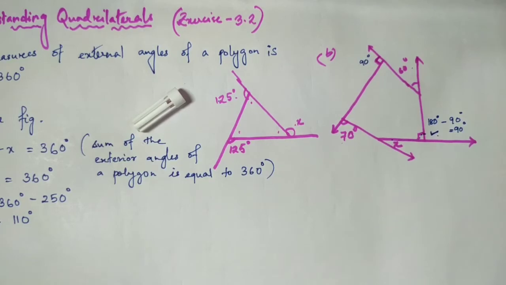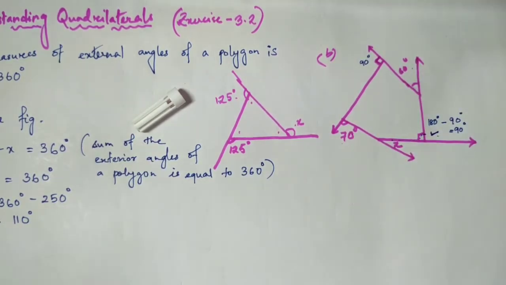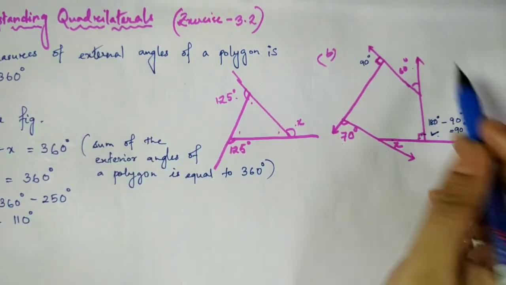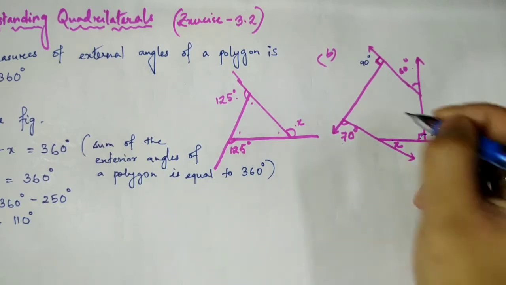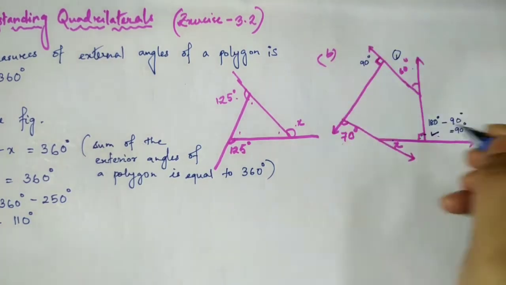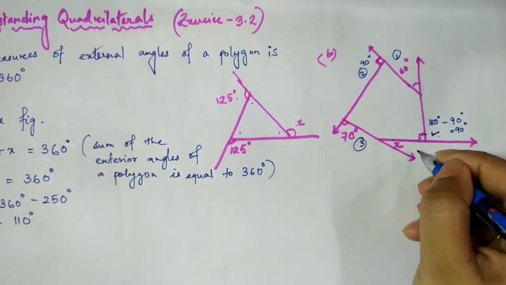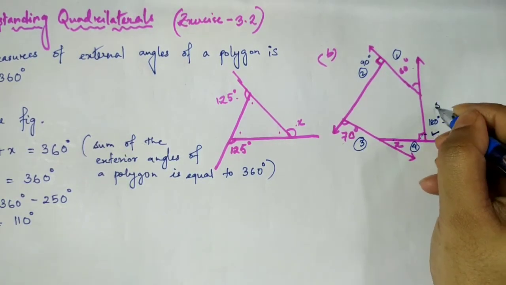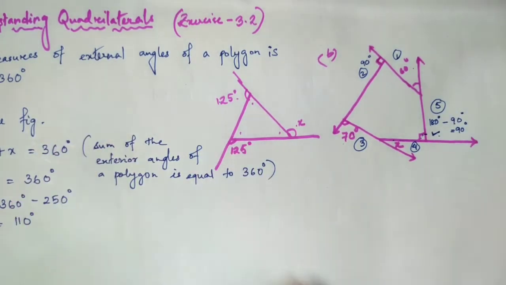But what you will do is that, since the name of the quadrilateral polygon is not given, either you first write down the name and you can write let PQRST be the polygon, or you can just, when you draw the diagram with the pencil, mark all the angles. Let it be angle 1, you can start from any one, this be angle 2, this be angle 3, this be angle 4, and this one let it be angle 5. Okay, so you can just write down that from the figure as you have marked.